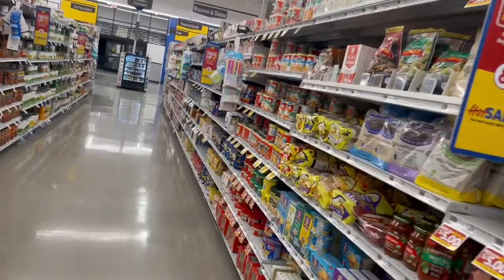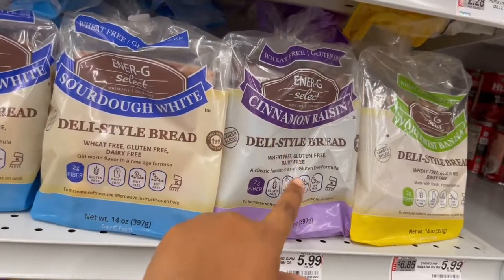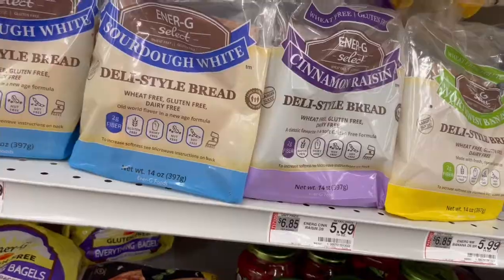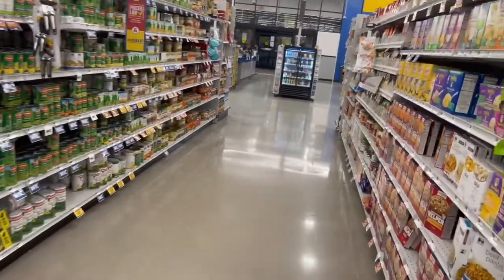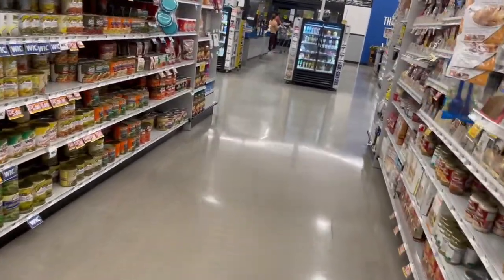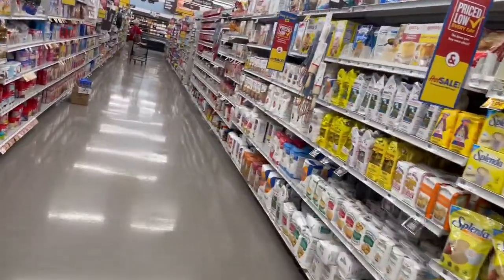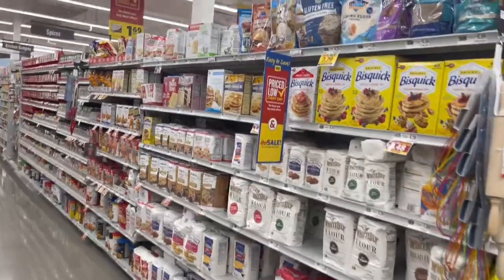And bread, we have to eat the gluten-free and dairy-free, so ours is pretty expensive. All right. Need flour and salt. Gluten-free flour. There are some things that I'm getting today, such as my beans and my spices and stuff that